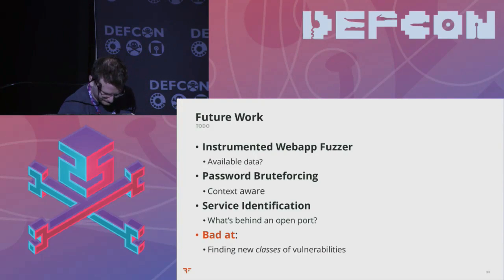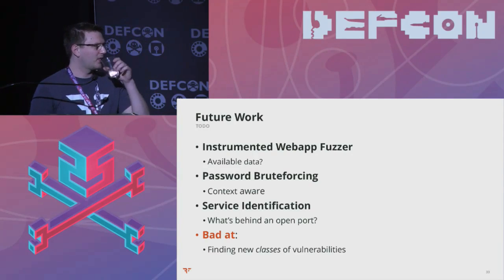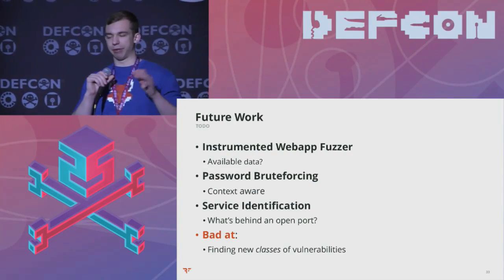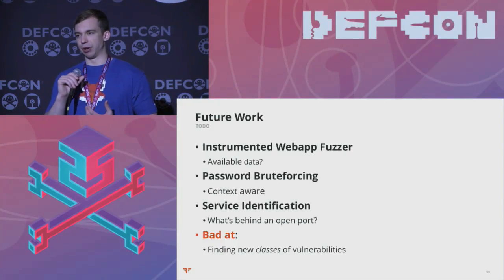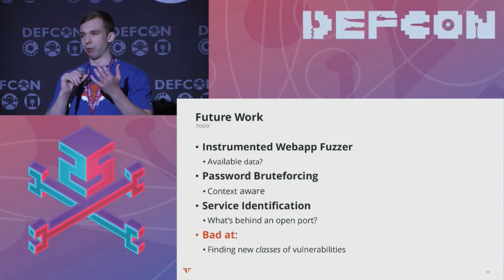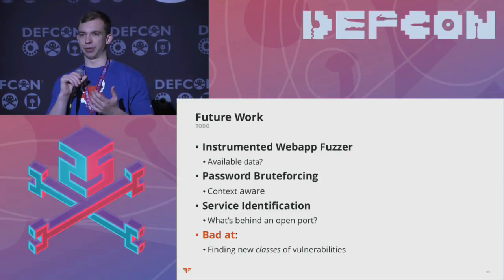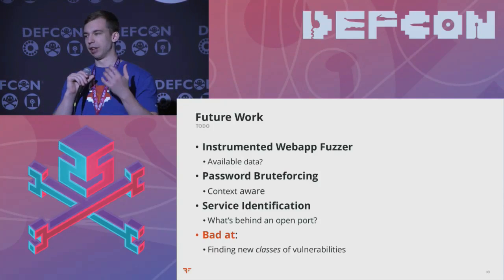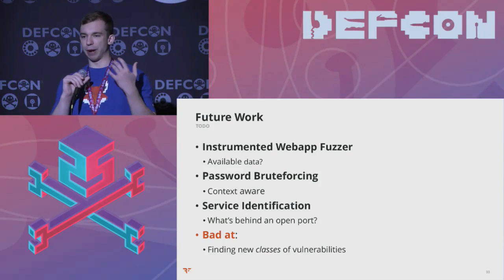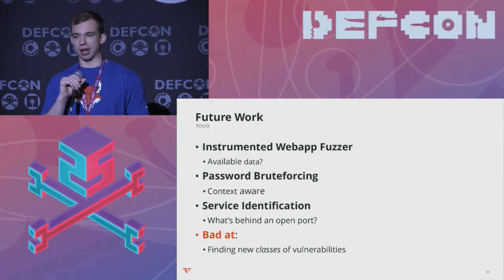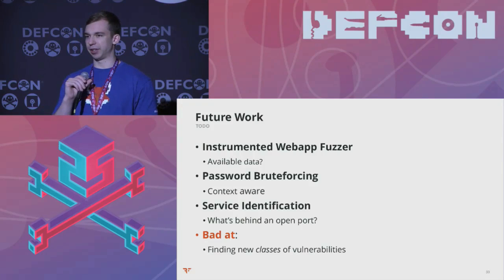Yeah, and like I was saying before, there's a lot of hype about this kind of stuff. There's tons of media coverage about it. It's in Hollywood and all kinds of stuff, all these AI programs. But what it's actually kind of bad at is discovering a new class of vulnerability. AI isn't really going to, at least in the short term, be able to discover new types of vulnerabilities. It's probably not going to find some new crazy injection flaw that we just don't know about. And a lot of that comes down to context, especially with security testing.